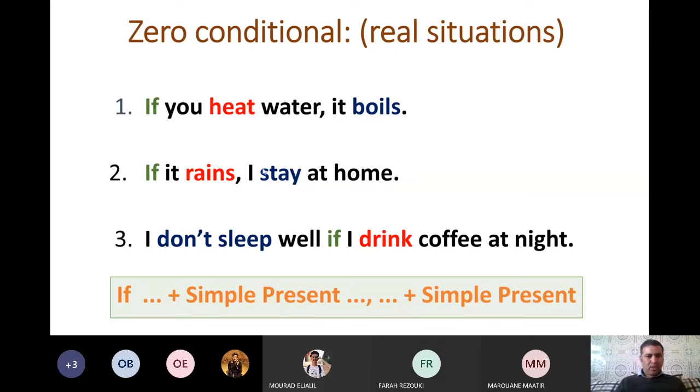it boils. In the third example, we reversed them. We started with the main clause, after we have the if clause. So when we do this, please remember in punctuation, don't put a comma here. If you notice in the third example, there is no comma, okay? Here we have a comma. Why? Because we started with the if clause. Here also in the second example, we have a comma because we started with if. In the third one, there is no comma because we started with the second clause, and we continue, and also